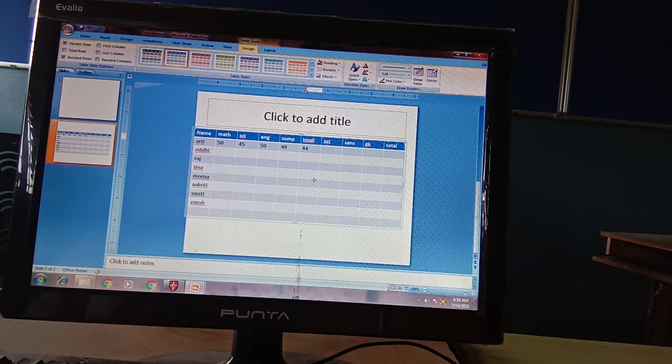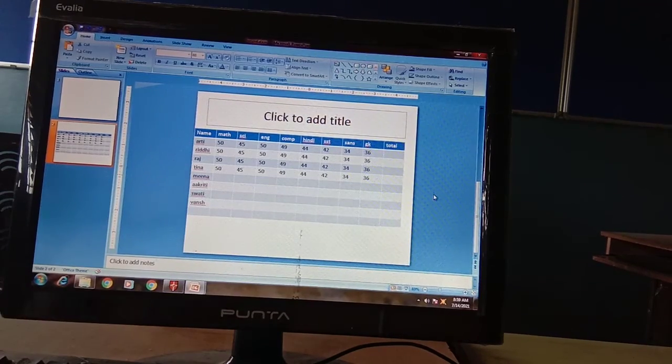You can enter the text or the data like this. Clear to everyone? You can make a table like this and enter the data like this.